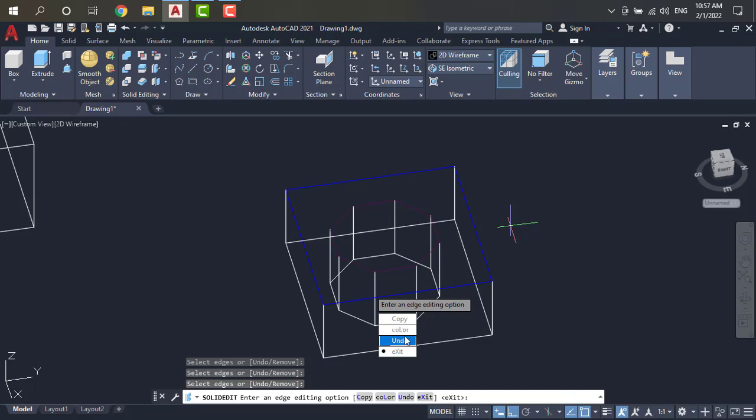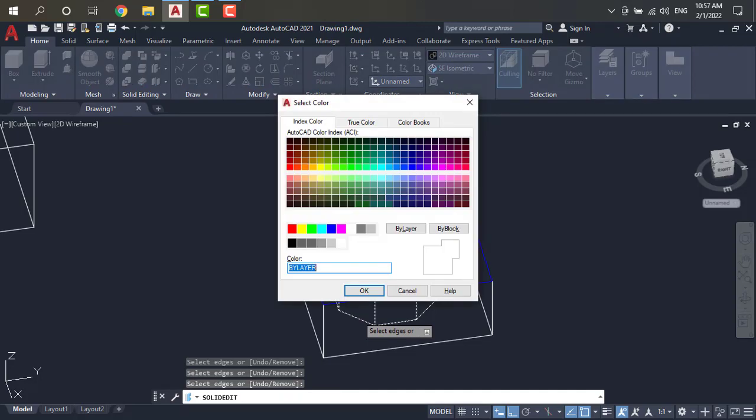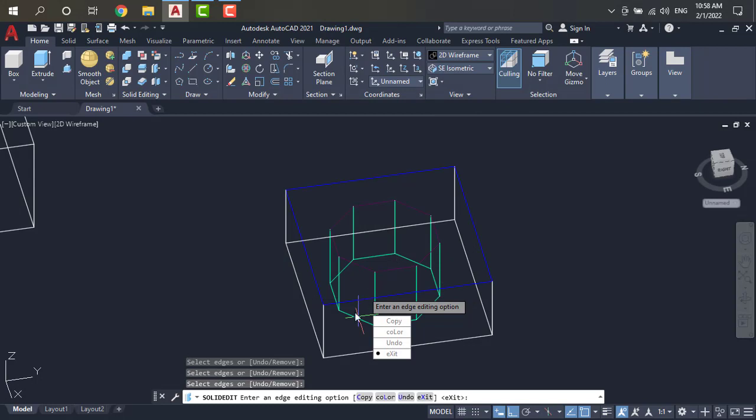Again I want to take the color for the edges and select them like this. If you have a number of edges, you have to change the color for a different effect like this. After selecting all edges, click on enter. There will be options of different colors, click on one color and just click on OK like this. Okay,